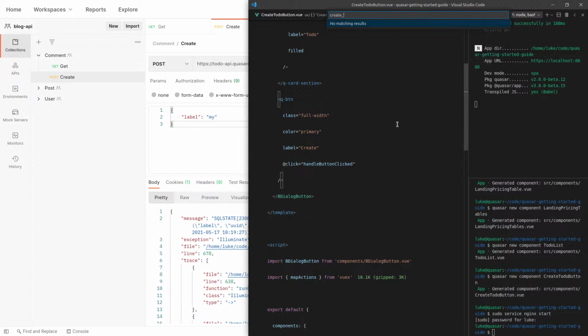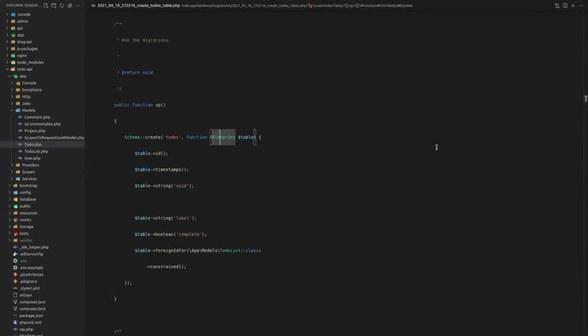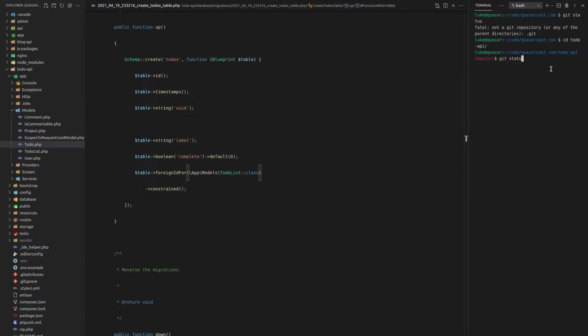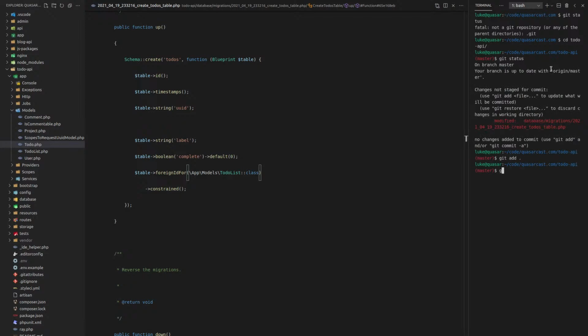create underscore, what? Oh, I'm in the wrong project. Boolean complete, so we need to put a default here. Let's set that equal to 0 by default. By default, a to-do will not be complete. So let's say get status, just to check that. Whoops, to-do API, get status, get add dot, get commit, message,